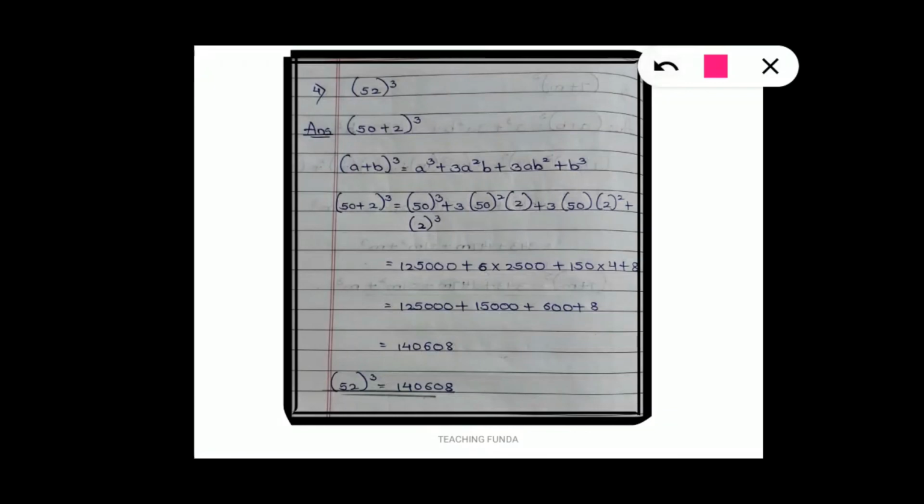50 square is 5 square is 25, and 2 zeros directly you have to put, and 3 2s are 6, plus 4. 2 square is 4, 4 3s are 12, plus 150 into 150. 15 3s are 150. Okay, simply you have to do the multiplication. After doing this calculation, you will get the values, and you have to add these values. Write these values properly because it is very important. And after doing addition, you are getting this number.